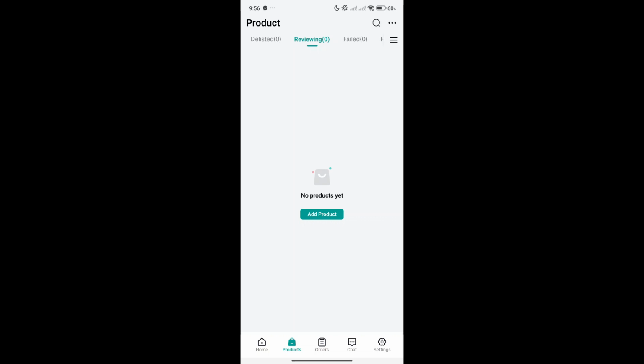When you're adding products in TikTok Shop, it's not as instant as other e-commerce platforms out there, where after they enter information about their product, it will be instantly up on their store. TikTok will perform a review on your product to see if it's going to pass their guidelines, if you entered the proper information, or if the product itself is good. So it will remain in reviewing for a while. And then there's also failed over here and frozen items over here.